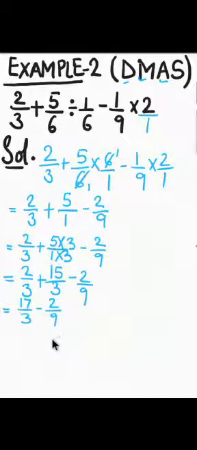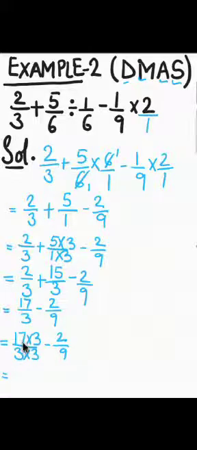Now what is left? We are left with subtraction. So we are going to do subtraction now. But again the denominators are not same. So we have to take the LCM and make the denominators same. The LCM of 3 and 9 is 9. So you have to change the denominator and make it equal to 9. And whatever we multiply in the denominator, the same is multiplied in the numerator also. So this will be 17 by 3. What should be multiplied here to make it 9? Yes, we have to multiply 3 in the denominator. So 3 will be multiplied in the numerator also. Minus 2 by 9 copied as it is.